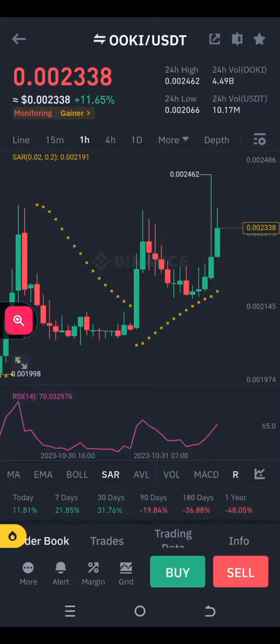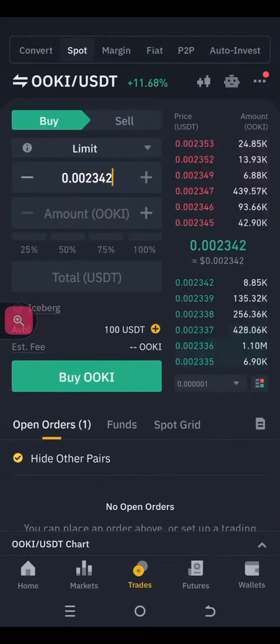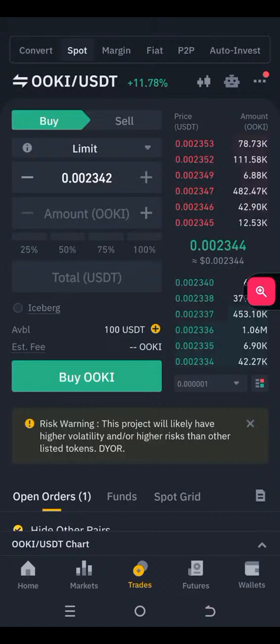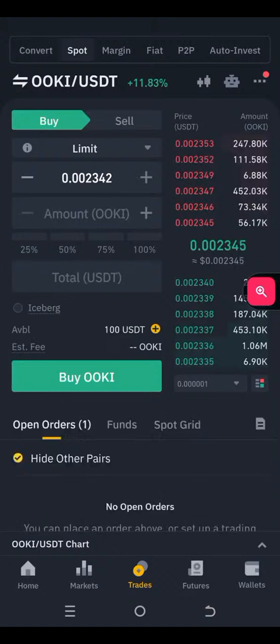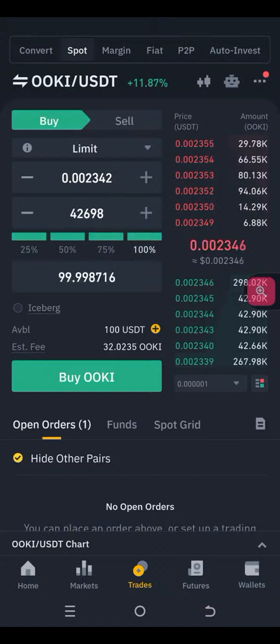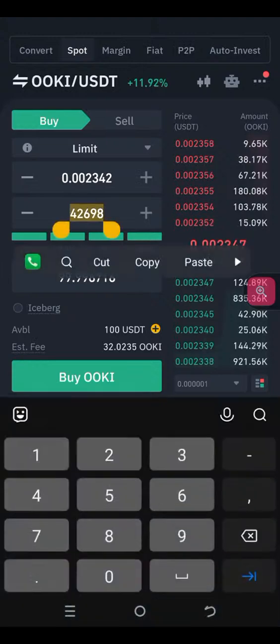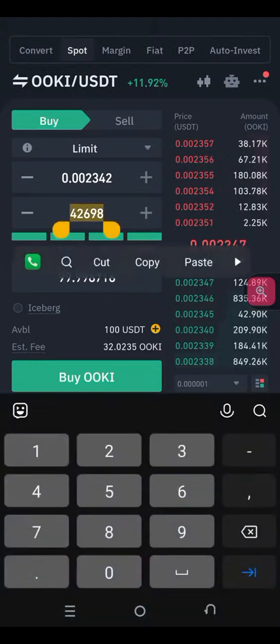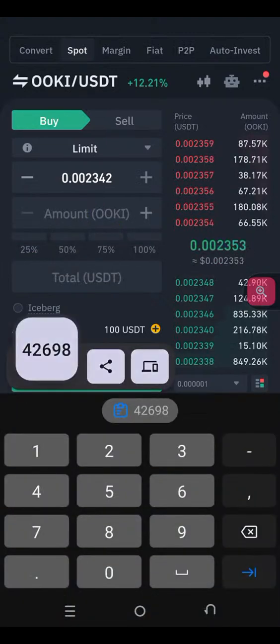Okay, so I'm just going to show you quickly how to do simulations. Now, I'm not doing the trade. I'm just going to carry it out to show you what goes on, and how much profits we can make here. So all I need to do is check on buying this $100 worth, and this gives me 42,698. I cut that out, and then I go back and check where was the highest it went to in